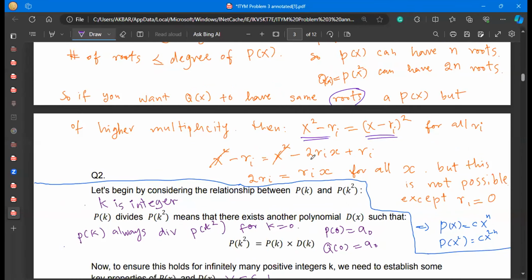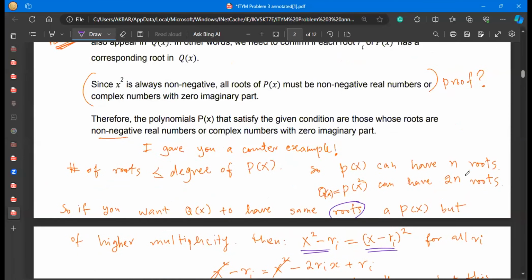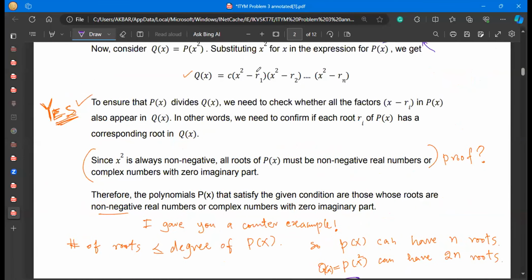From this we can cancel out the terms and then prove that this can only happen if the roots are 0. What happens when we put roots as 0? So r is 0, this vanishes, this vanishes, this vanishes, and we get q of x as the constant, which is a rational,